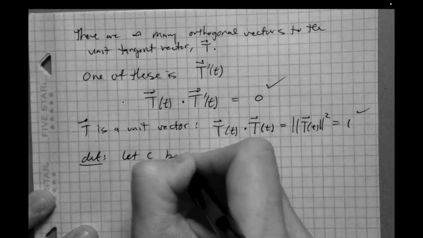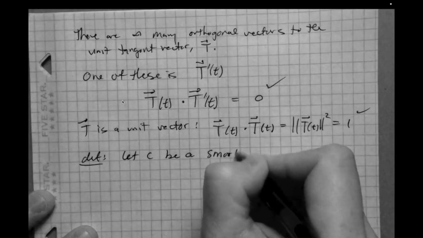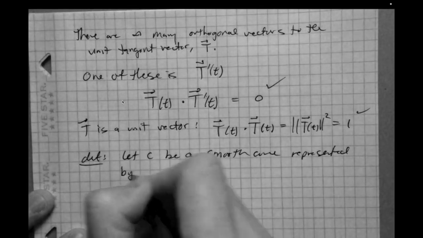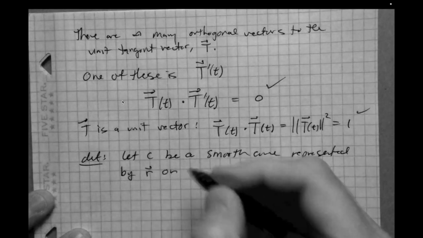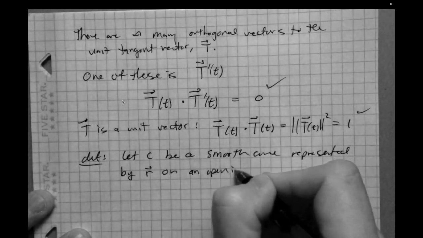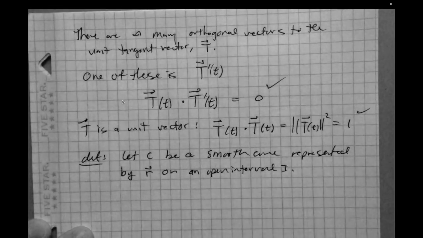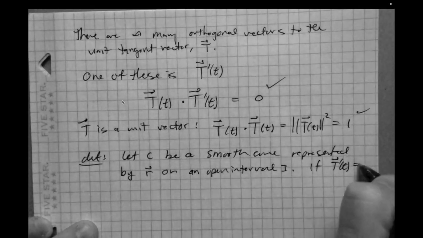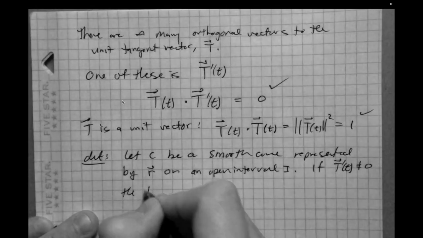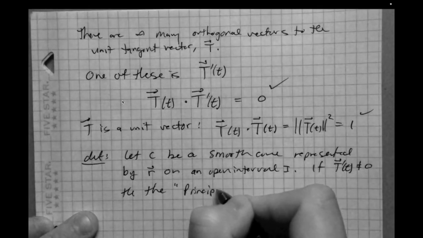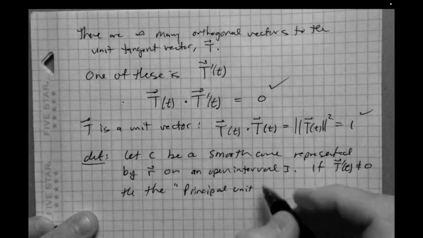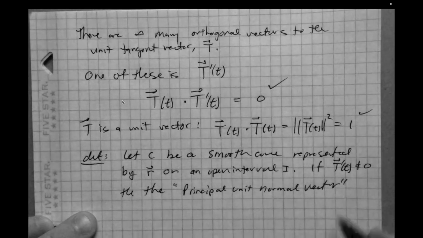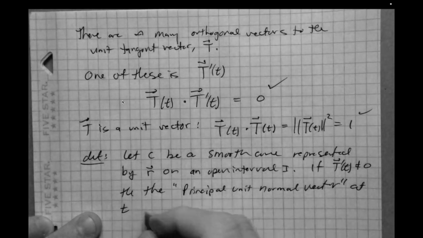So we'll let C be a smooth curve represented by R on an open interval I. Now, if the derivative of the unit tangent vector is non-zero, then, and here's the name, the principal unit normal vector at t is defined to be,